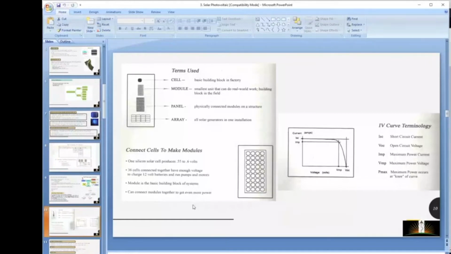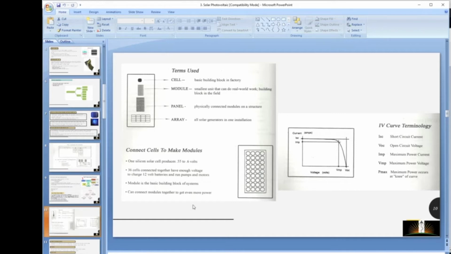I am again explaining these terms. The IV curve is basically the main curve of a solar panel. What does an IV curve suggest? It suggests 5 major values, though it will also suggest another value, that is wattage. The capacity of any panel will be mentioned in watt. It can be 3 watt, 250 watt, 330 watt. Except for that, these 5 main terminologies we are going to require.